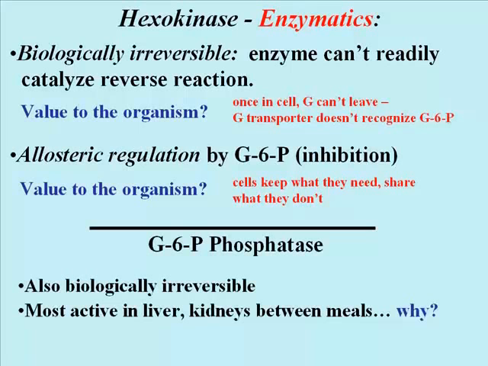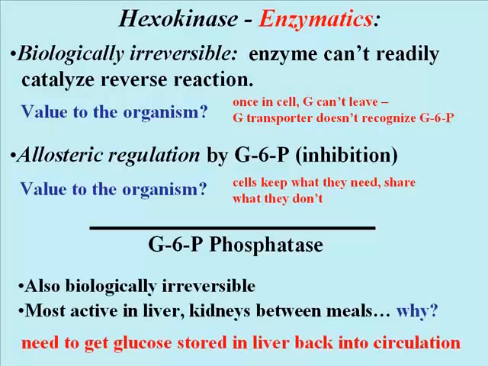This reaction is also biologically irreversible, and the enzyme is only active in the liver between meals. Why do you think that is? It's because between meals it's necessary to mobilize stored glucose, in the liver that would be glycogen, and glucose 6-phosphate